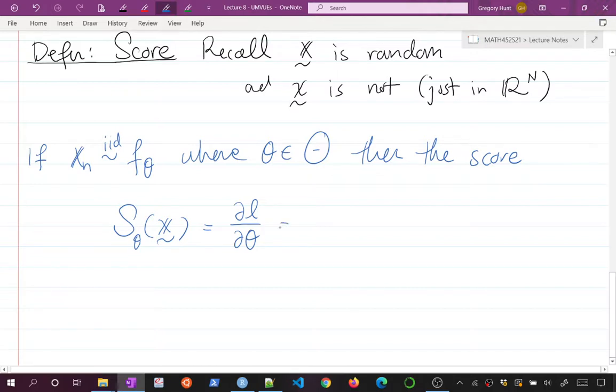Now, I'm going to put kind of scare quotes around this because we have to be a bit careful with what I mean here. Because we said that the score is going to be random, it's going to be a function of our random sample. The likelihood function isn't generally random, but I'm a little bit lazy and I'm going to abuse this notation. What we really mean is that I'm going to take,